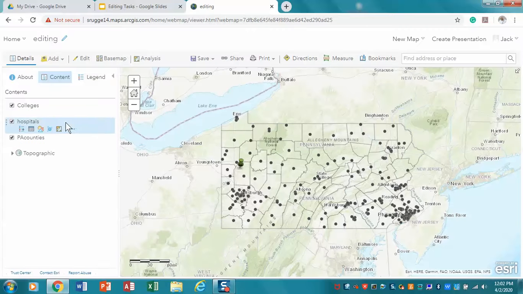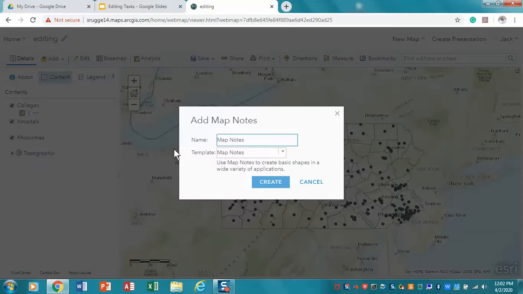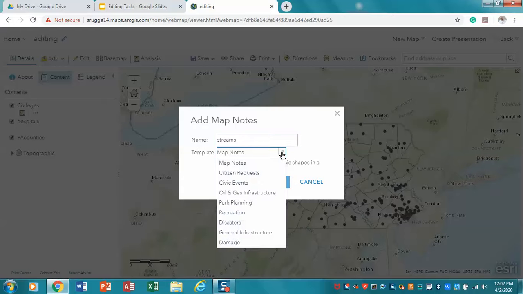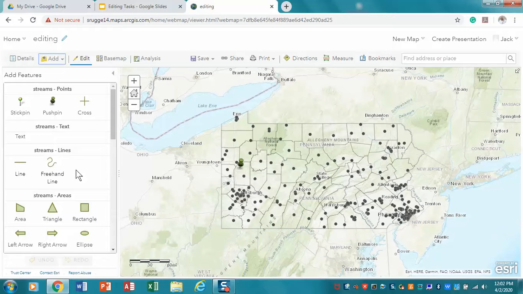So in the next video, and again, I'm going to do this very quickly, we've just created a point one. I'm now going to go here again and do another map note, and in this case we're going to be doing river streams. Again the map notes template is okay, and we're going to create streams. Streams are a line feature, and for the moment I'm simply going to put, because you have to put something down, a line